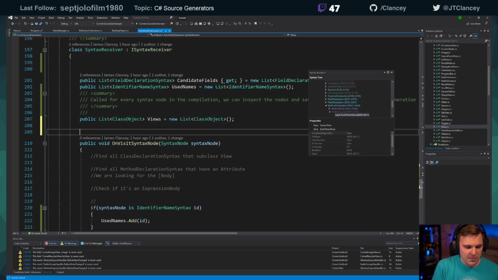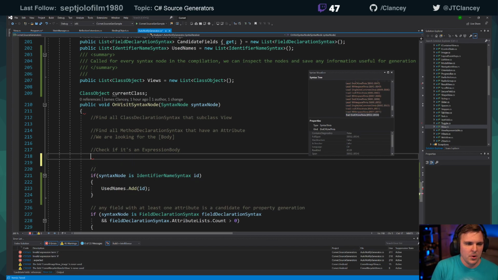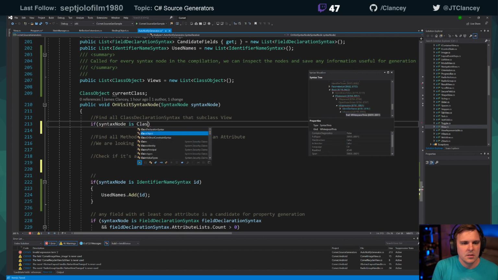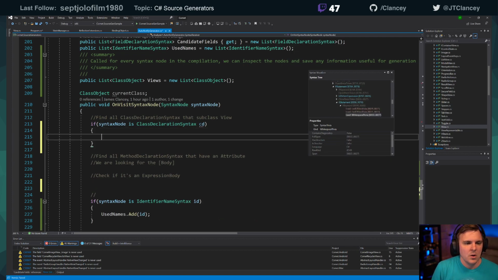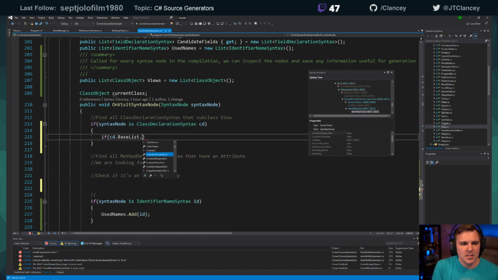So what we'll have here is a class object, current class. All right, so let's find a class, right? And we'll put what our comments say. If syntax node is class declaration syntax, CD, we're going to jump in here and do a little bit of code. We'll check and say, I think from that syntax node, we can say CD dot base list dot